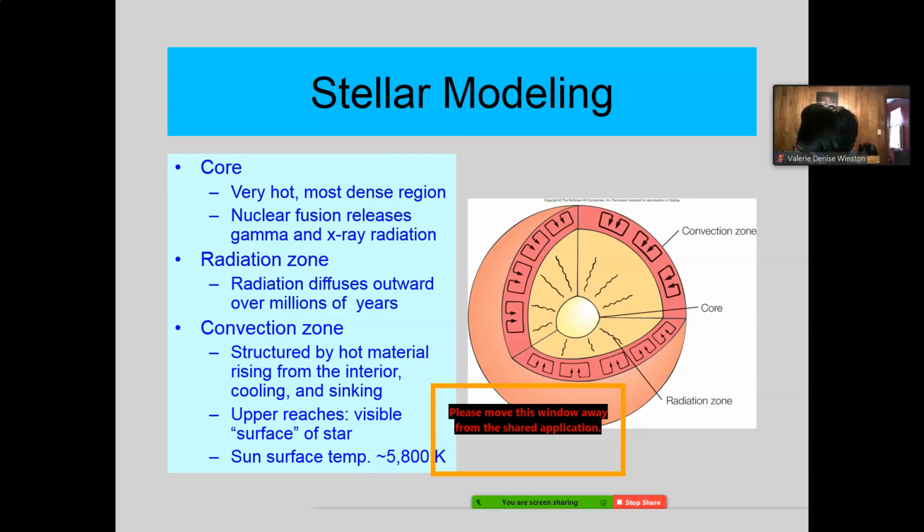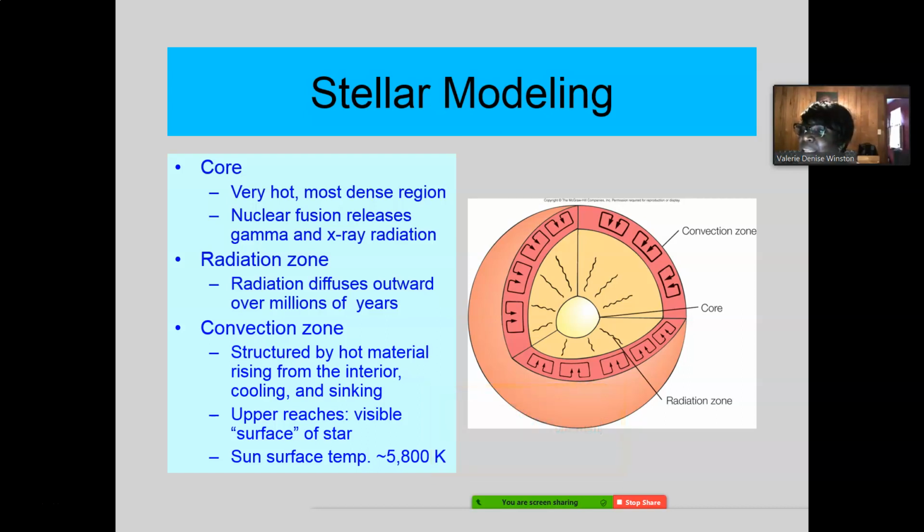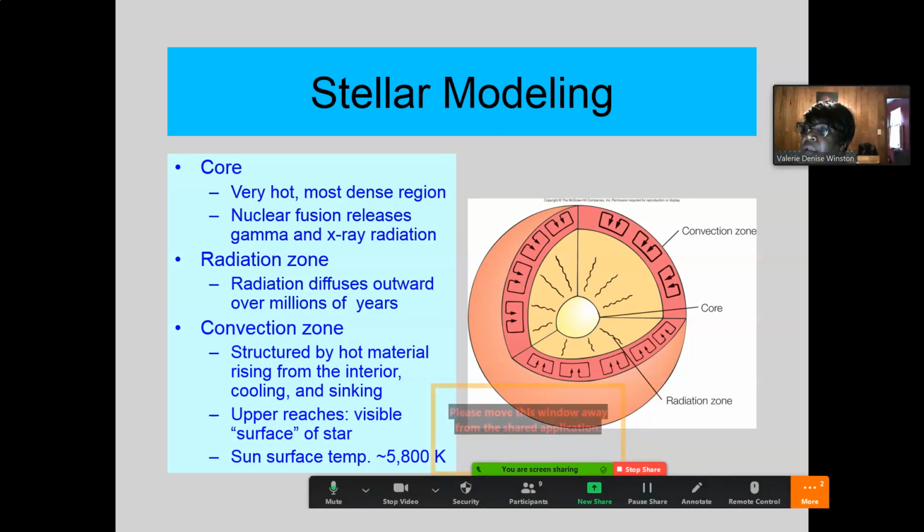Again, that light yellow part in the center, that was the core. Okay, that's where all the nuclear reactions are going on. What's that? Okay, I'll turn my head again. Yes. Okay. That yellow part in the center is the core, and then the sort of darker yellow going out.